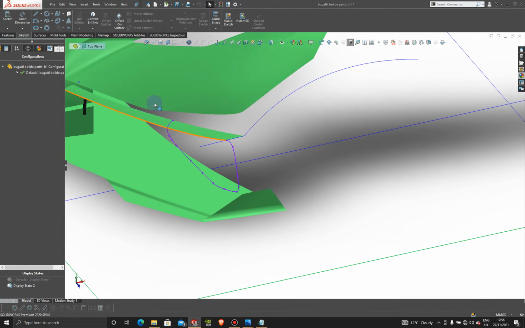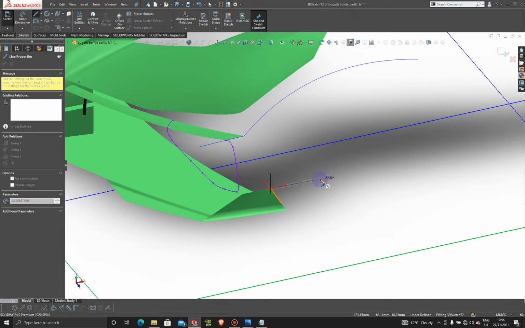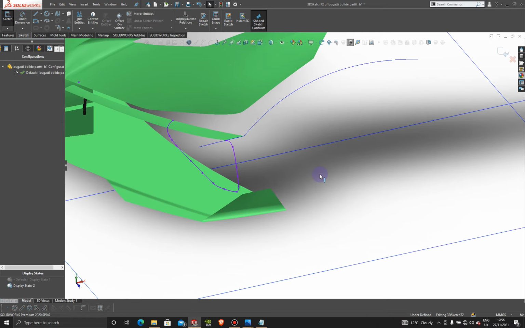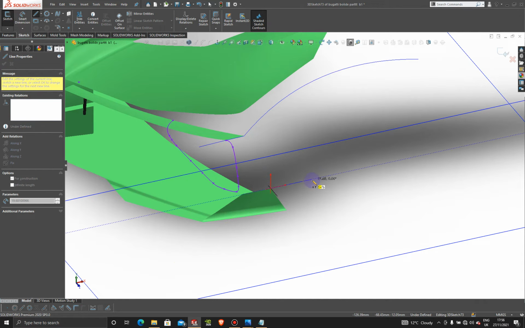Okay, so let's go into 3D sketch and grab a center line. And let's grab the center line from this corner. And we want to be, let's exit this one here. I'm not sure if you're in a 3D sketch, because we want to be in 3D sketch. So 3D sketch and then construction line, and now we are in a 3D sketch. So get on that point, and we want to be on the X and Z axis. So press tab on your keyboard, so X and Z axis, and it's gonna pull that there,